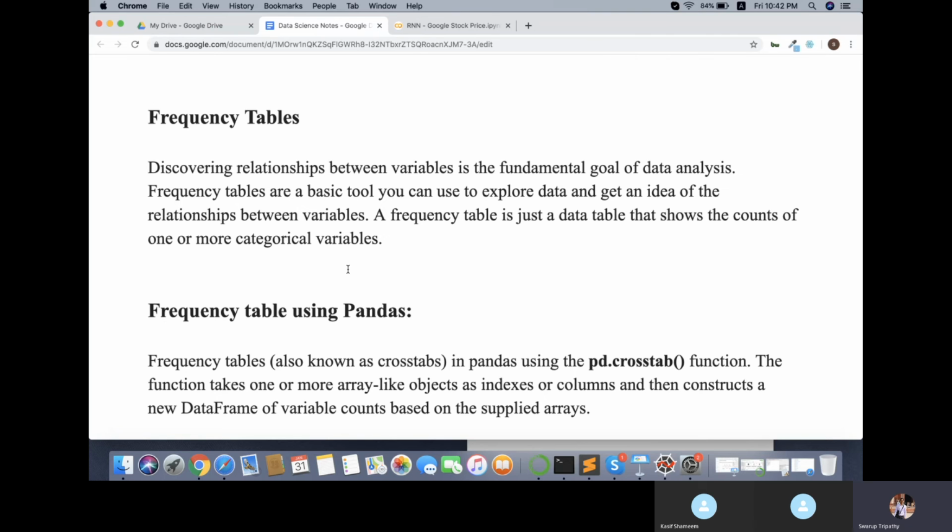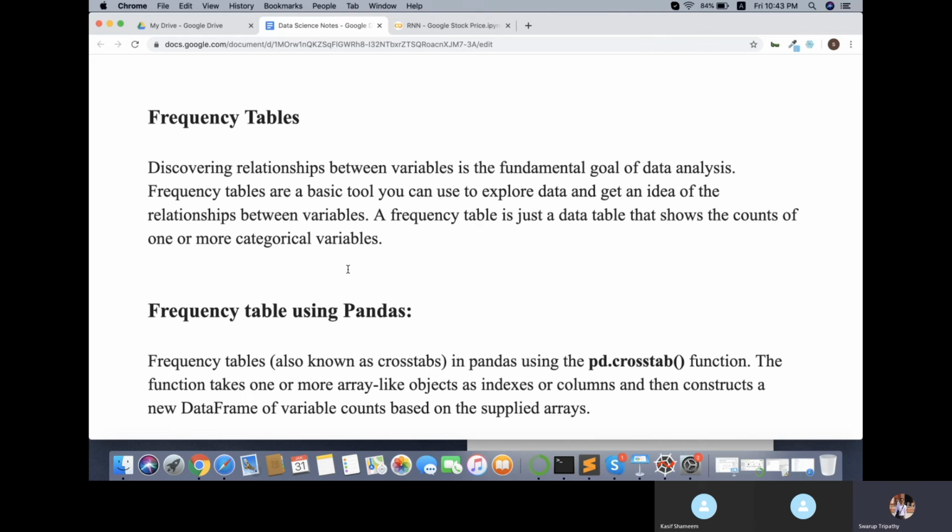So here there are two ways to convert your values to numbers. One is using a frequency table. There is something called a frequency table, using which you can convert your character values to numbers. The other one is boolean. You might have heard of boolean, like true, false, right?